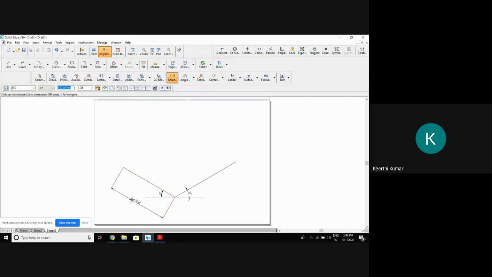This length should be equal to the base of the square slab. Base of the square slab is 80. Multiply with 0.8164. Similarly, other side also, 80 into 0.8164. Then from here you draw the line parallel. Draw the line parallel. I hope you can do till here. Within no time, you can do now.